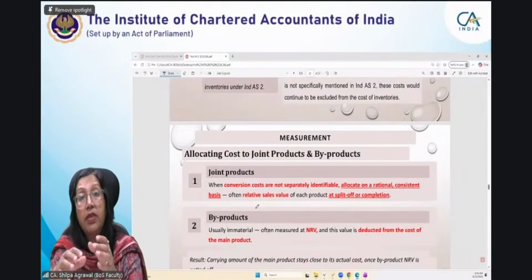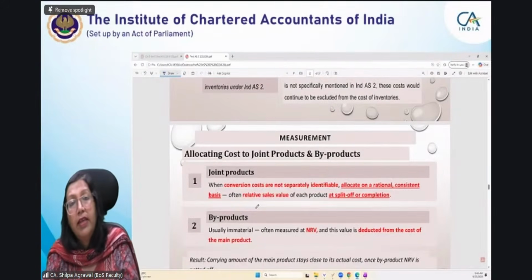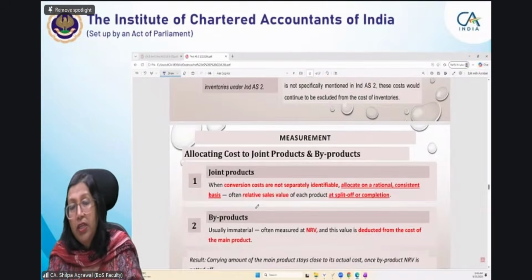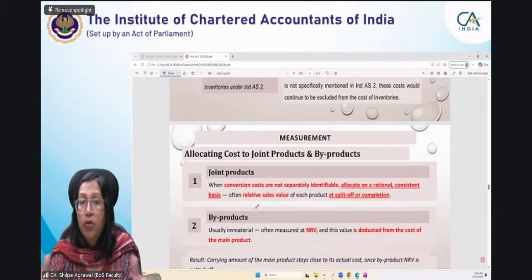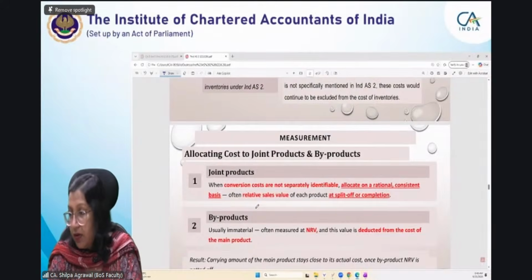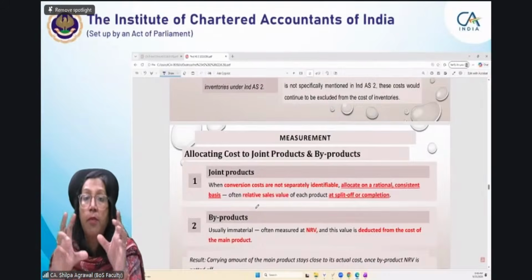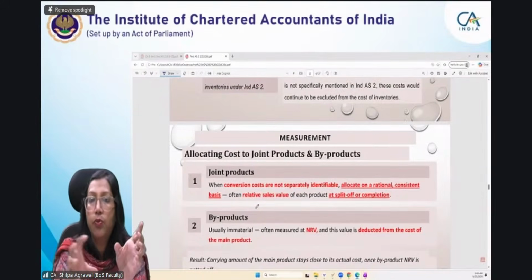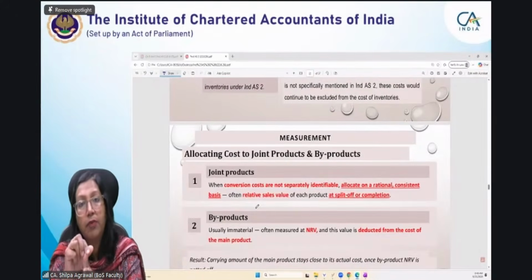However, sometimes it is not possible to identify the cost at the time of split, that separation. We were able to identify the cost only at the point of selling it. Only after completion do we come to know that this much cost has been incurred. Now we have to split the total cost, because when the product split, we could not identify the cost, but we were able to compute the total cost, and that total cost has to be split into the two products. So there are two situations now, one at the point of split and one at the time of completion.